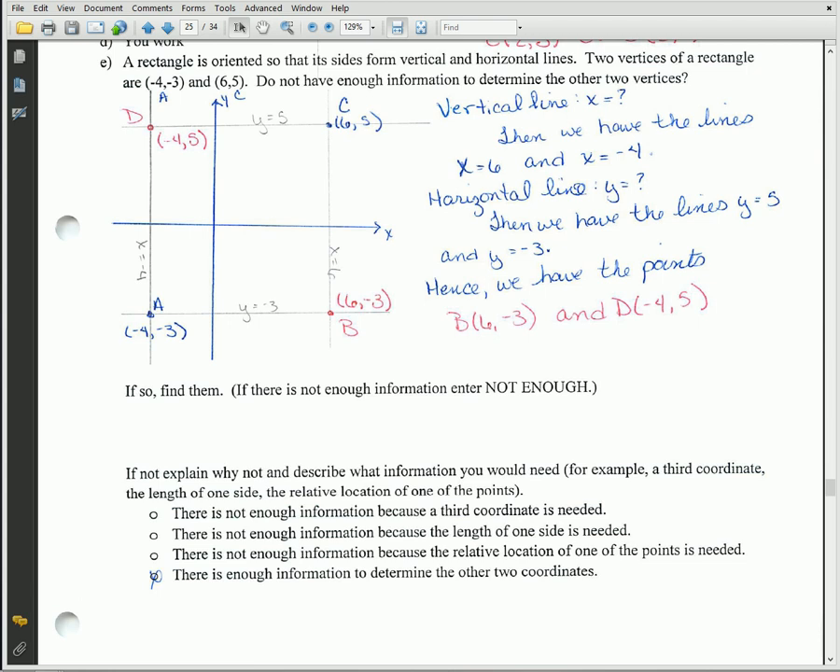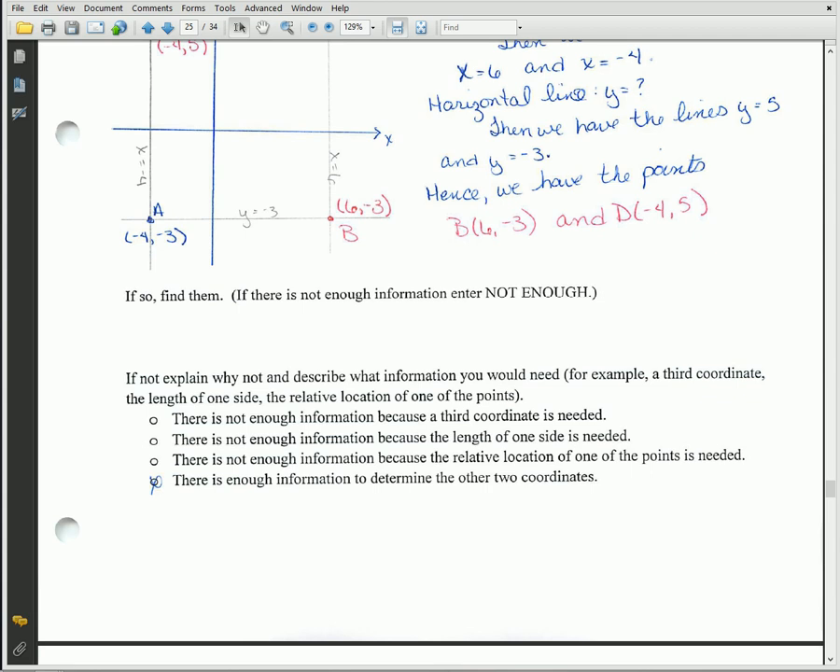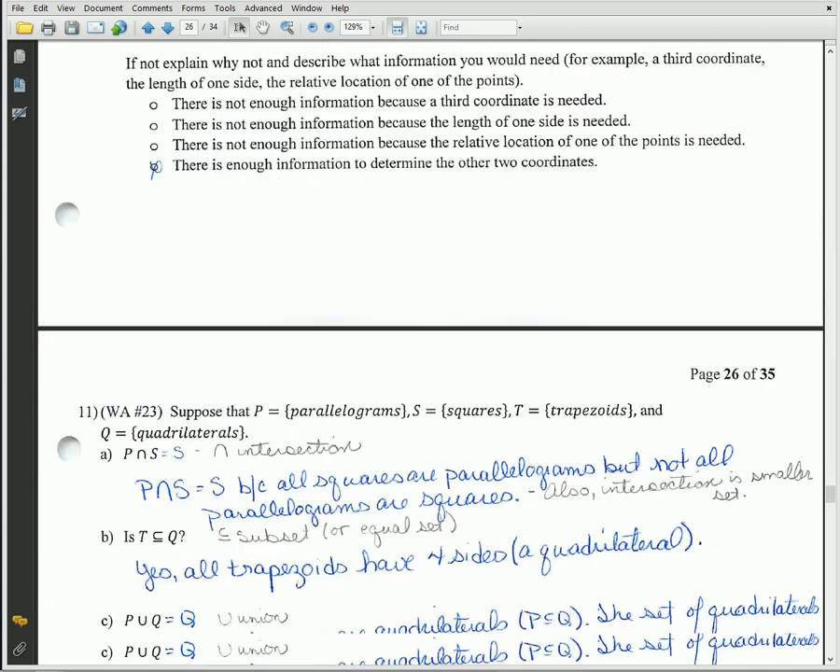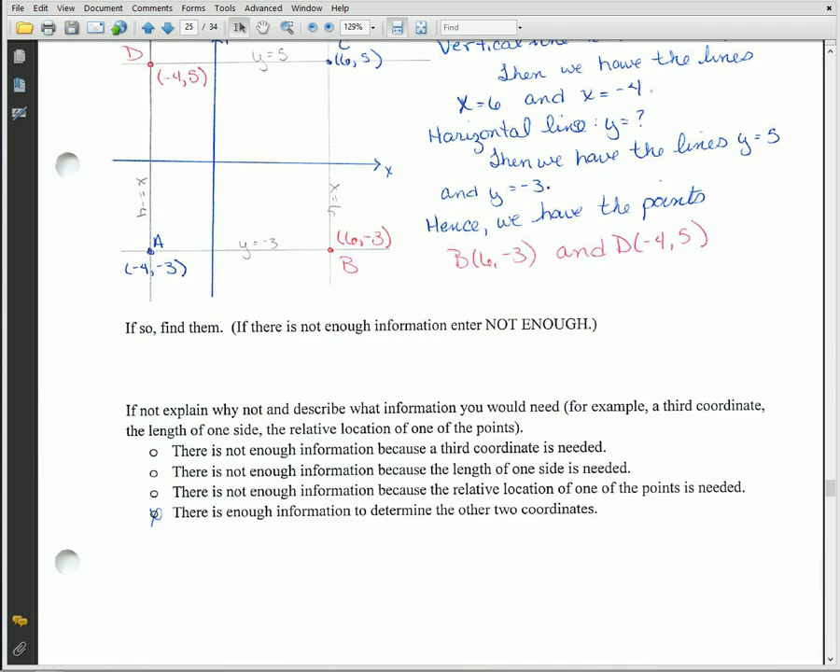If you know that those are two vertices of the rectangle, that means you can find vertical and horizontal lines that intersect. So X equals -4 has to intersect Y equals 5, and X equals 6 has to intersect Y equals -3. That gives you the other two points, the same way we did the previous one. If you don't have enough information, you're supposed to pick that answer, but since we do have enough information, there's enough information to determine. And I am going to stop there,